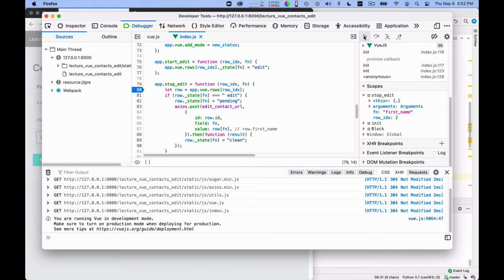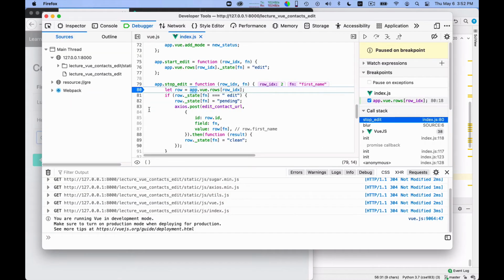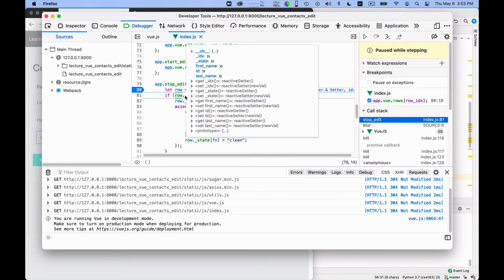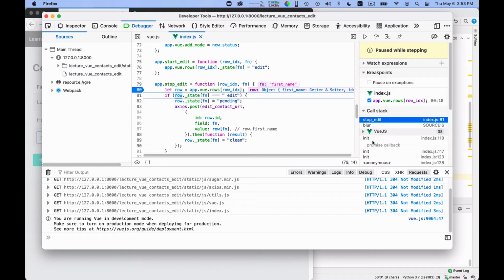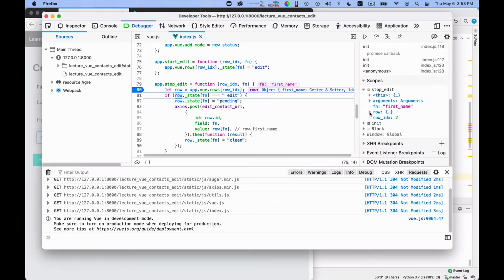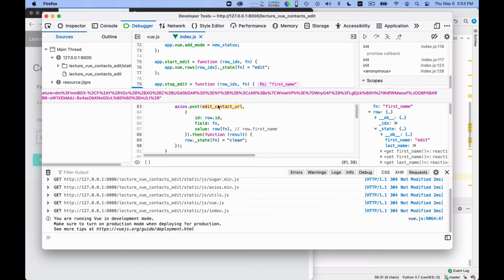In that case, I want to run it. Okay, then you click and you declick again. You move. And you now stare at this if with more attention, because you know that the problem is here. And the problem is that if you look at the row carefully, the state has, sorry for these many clicks, a first name which is in state edit. But here I'm comparing with edit with a space added in front. So this was the error.